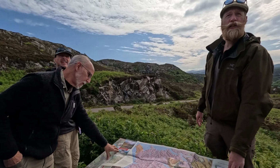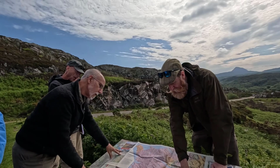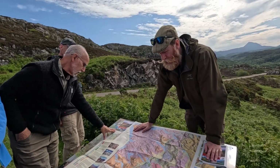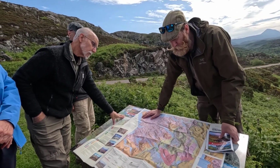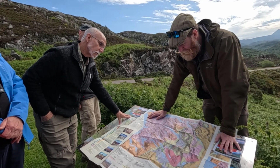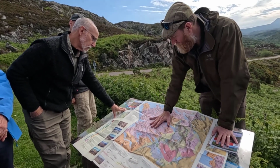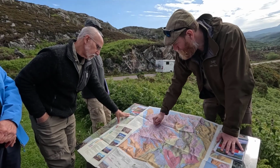I was going to show people this if you want to gather. This is a simplified geology map of the area. It's a bit more simplified. You can buy it in the gift shop that we go to later on if they've got it for sale, and it just simplifies it a bit. But basically, we are here on this Caledonian sandstone, and we are